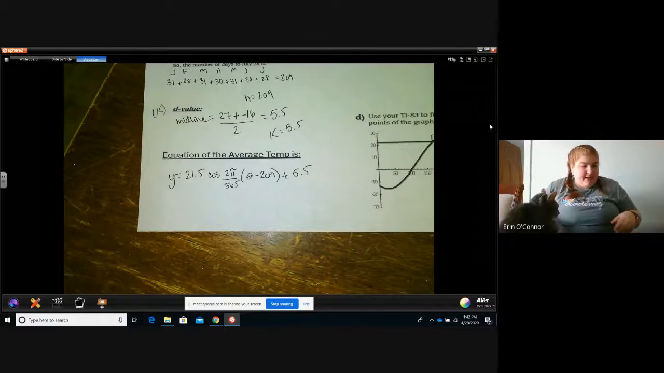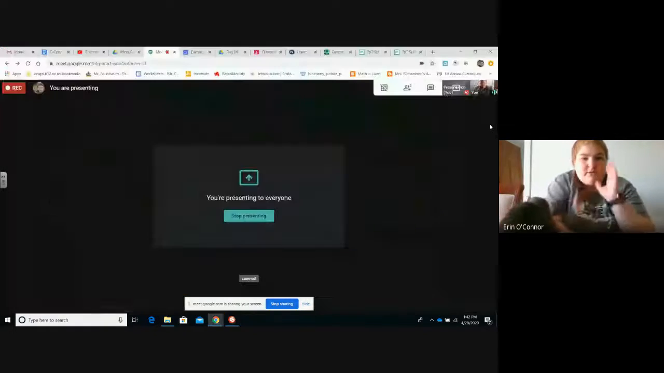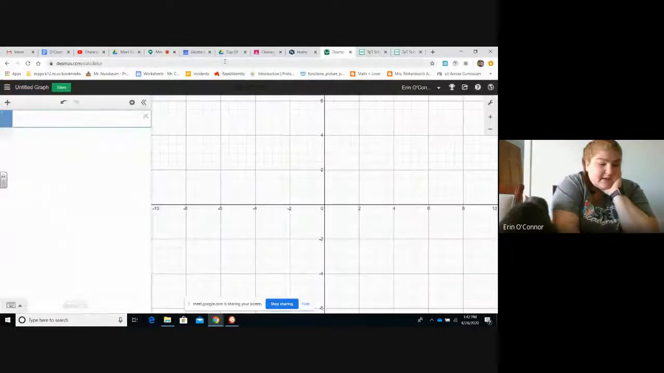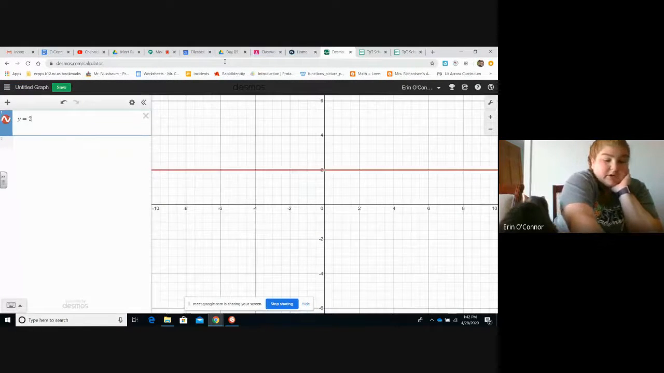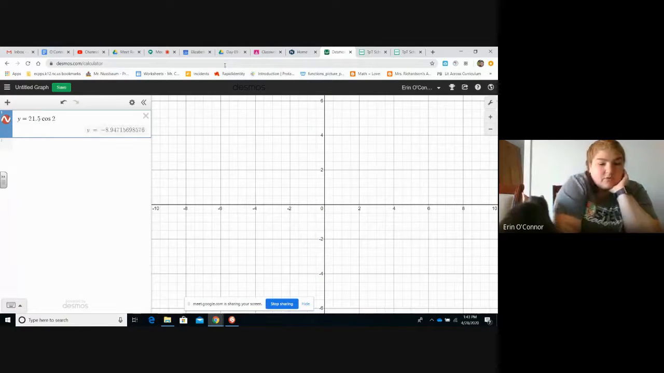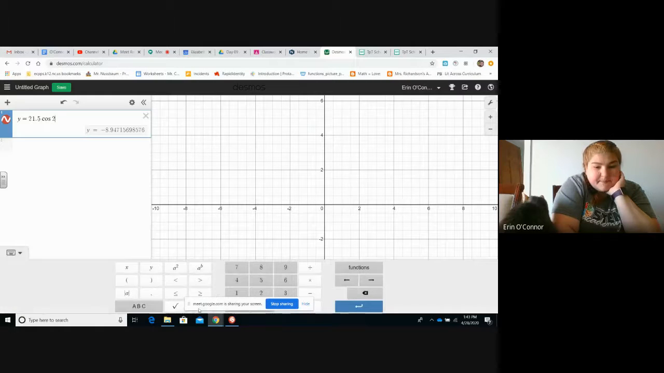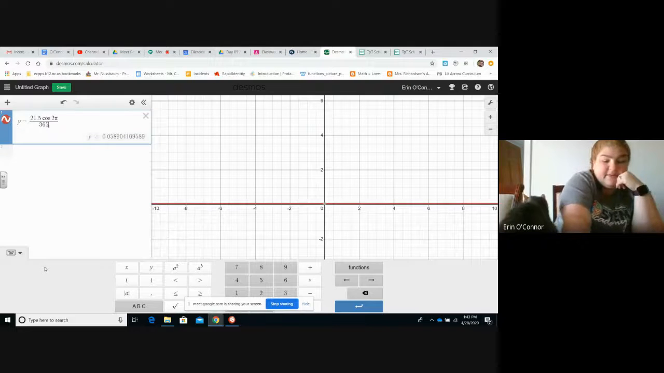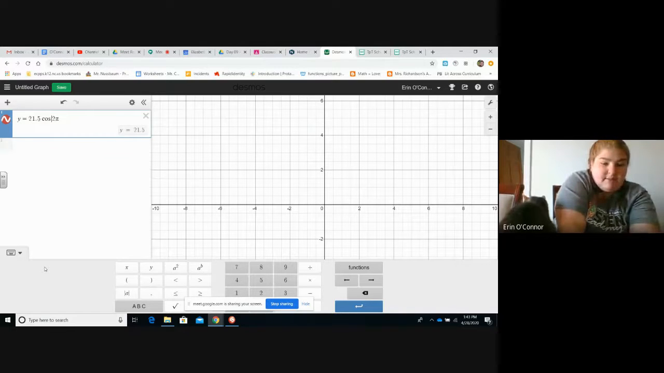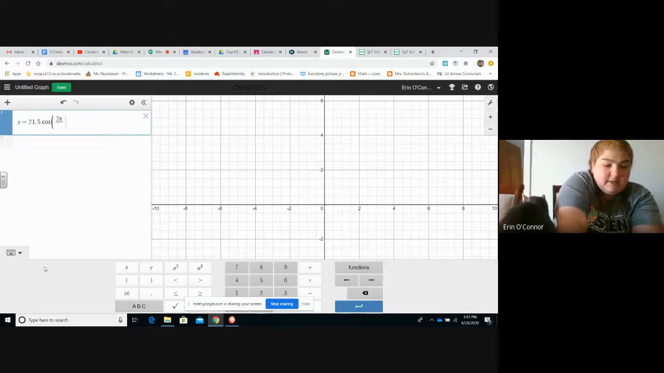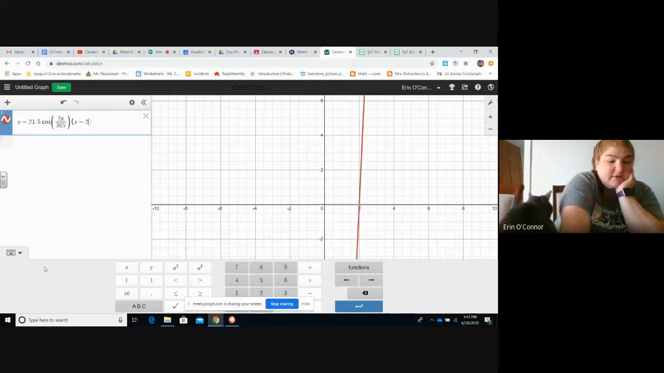Okay, let us put this into Desmos. So looking at Desmos, we have y equals 21.5 cosine 2 pi, wish there was an easier way to write pi. There probably is. I just don't know it. Divided by 365. Ooh, I don't want that whole thing divided. So we might be putting some parentheses around this. And then theta, or x, minus 209